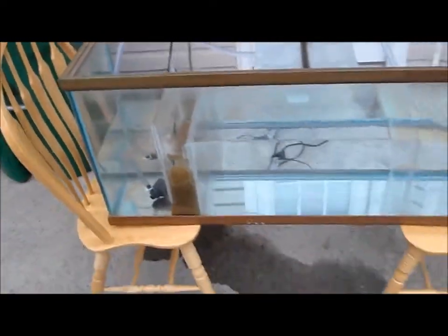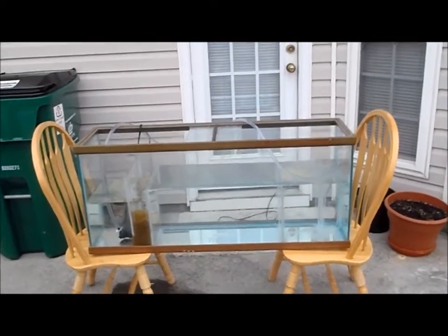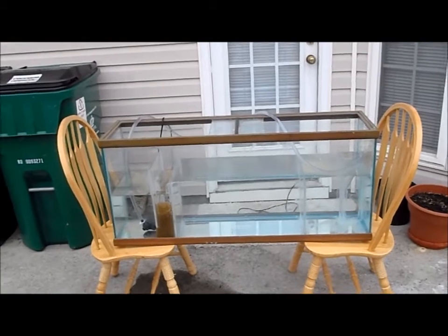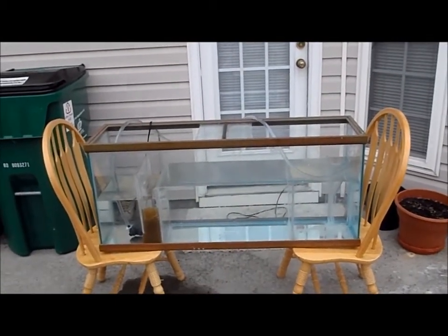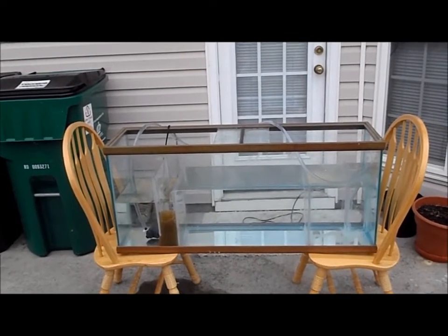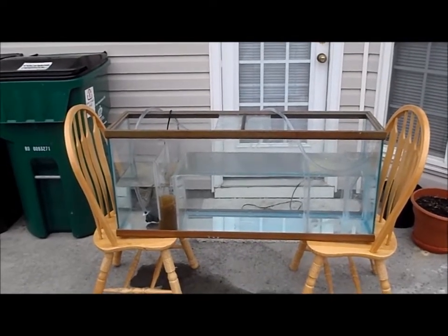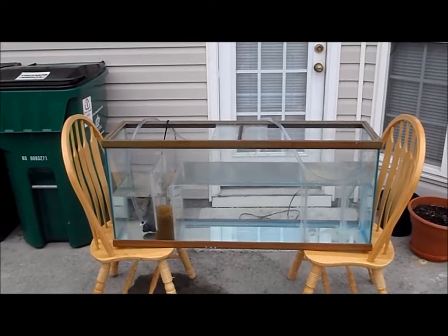But anyway, guys, this is it. The tank is actually completed. It's ready to go. Like I said, the next clip you'll see is me drilling the hole. That's what I'm kind of nervous about, scared about, but I think we'll be successful. I've read a lot of information, saw a lot of videos on how to drill a hole,